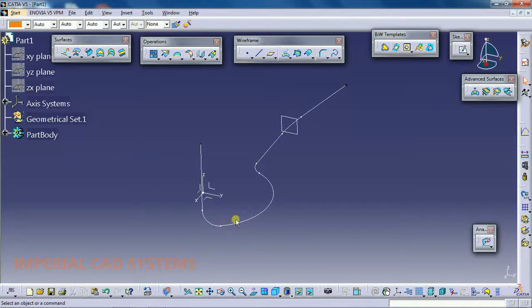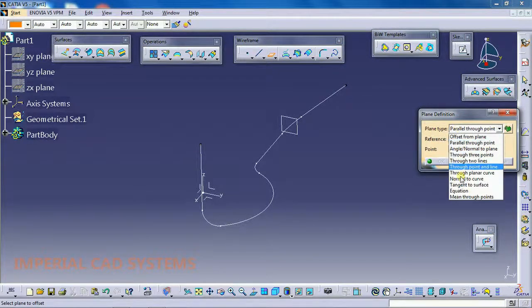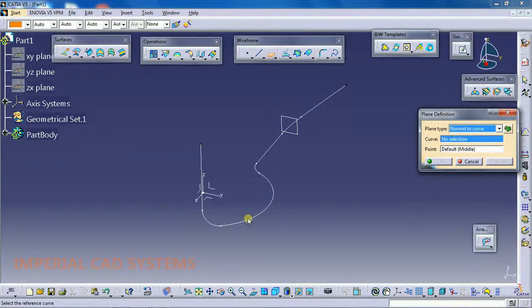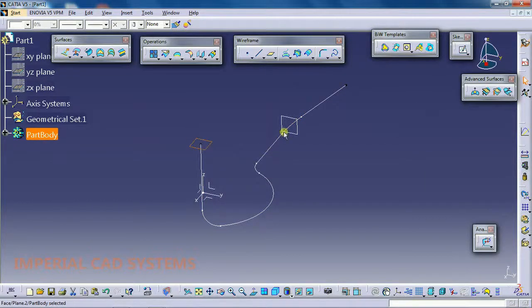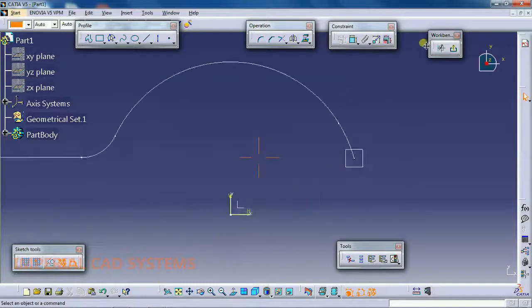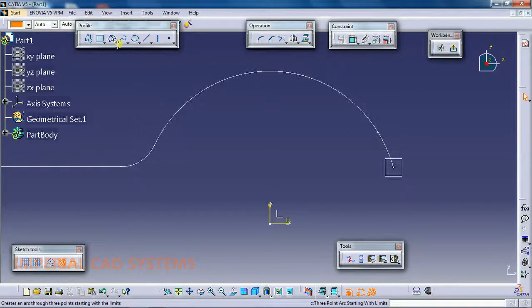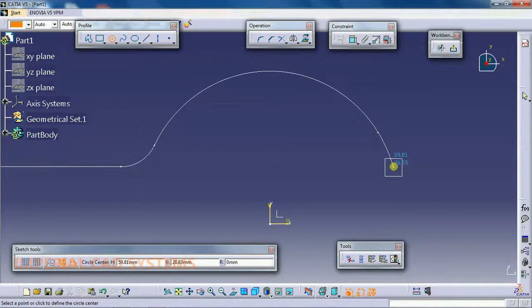Then to add thickness or to add material with some diameter throughout this 3D curve, we can take a plane normal to curve. Select this curve, select a point here, then select this plane, go to sketch, create any profile, a closed profile.